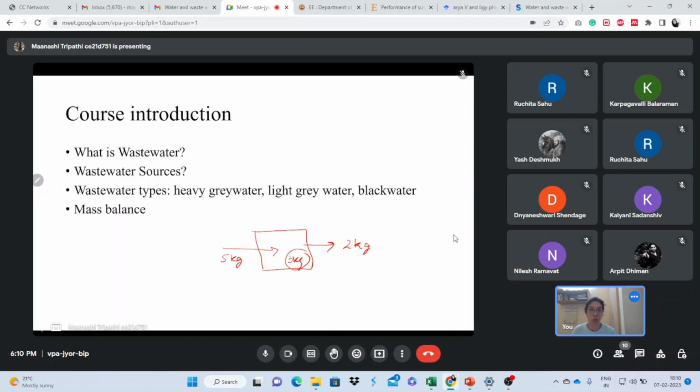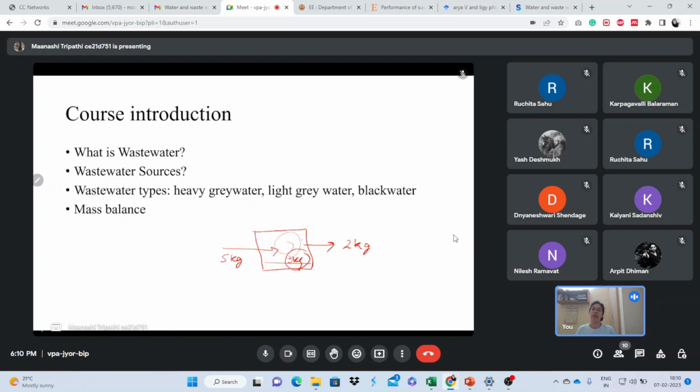Depending upon what we are talking about, if we are talking about 3 kg sugar or 3 kg sand, if it is sugar, it will be dissolved. If it is sand, it will settle down at the bottom. So this is mass balance. It means you should have an idea about what is happening to a particular mass of the species, or mass of anything you are talking about. If you're talking about sugar, we should know what is happening to every gram of sugar. When we are able to do this balance, this is what we call mass balance.